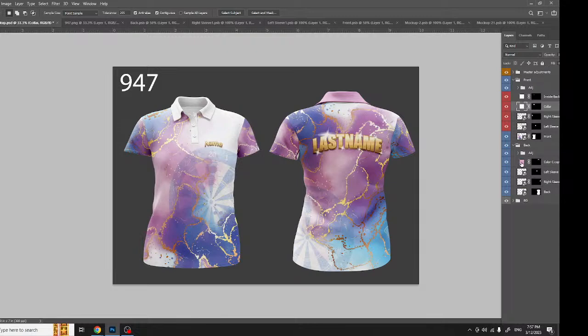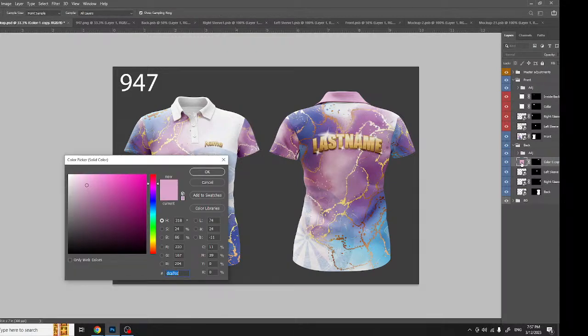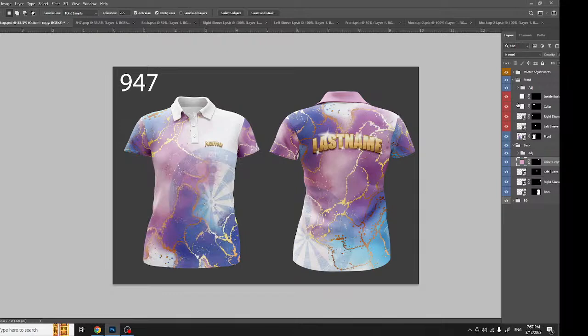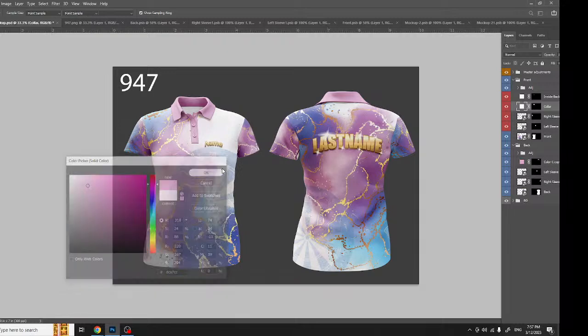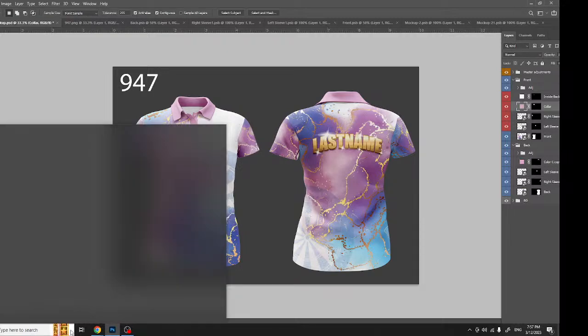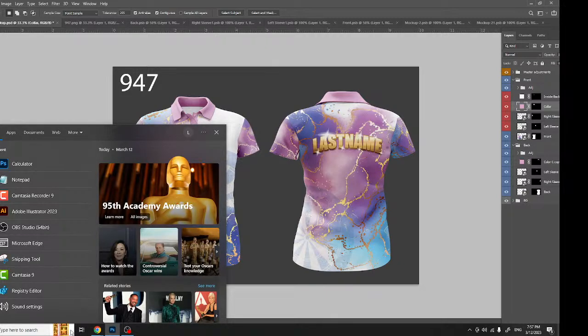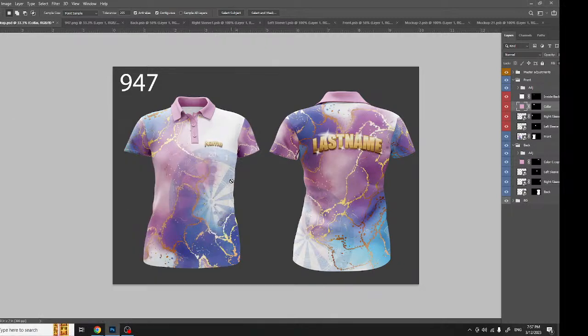So to do that, we just double click on the collar section and it'll open up the color picker box. We can just go down here and grab this hex code, hit Control C, and go back into our color picker for our collar on the front of the shirt. Go to the hex code, highlight what's there, hit Control V to override it, and it pastes the exact correct color for you. So now both sides of the shirt got the same color collar, which it should,